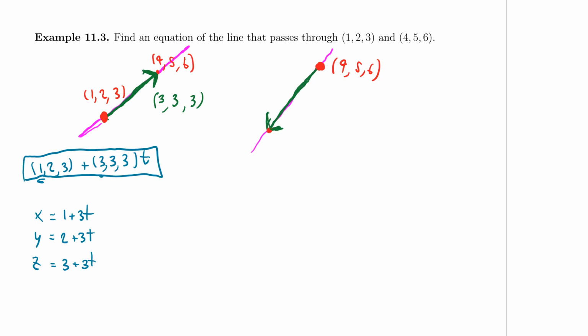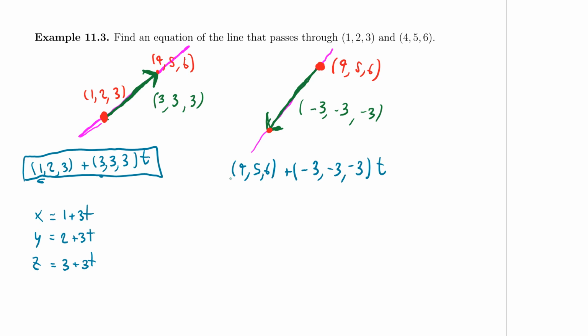So in this case my green vector is now going to be negative 3, negative 3, negative 3. And the equation of the pink line in this case is going to be 4, 5, 6 plus a multiple of negative 3, negative 3, negative 3,